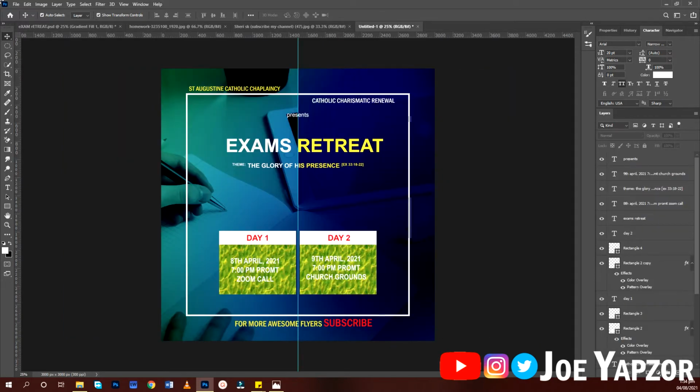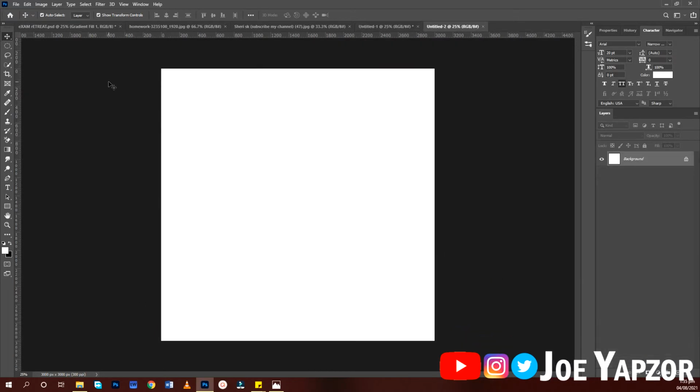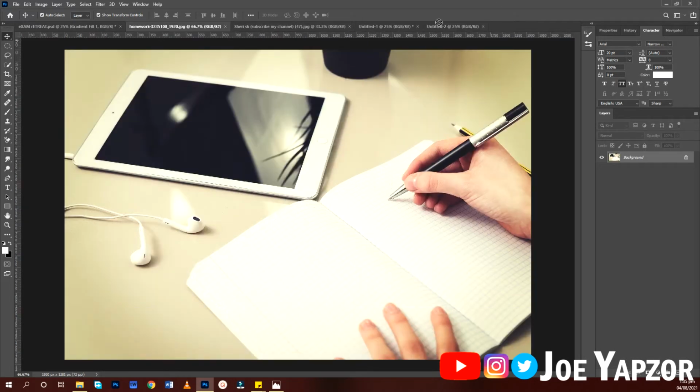So the first thing we'll do is to create our new canvas, which I'm using 10 by 10 inches, 300 resolution. I'm going to be using it for social media. That is the reason. And you leave it as RGB. If you are printing, go for CMYK. So when you open, the first thing we are going to do is to bring in our resources. So I'll just drag this one inside here,